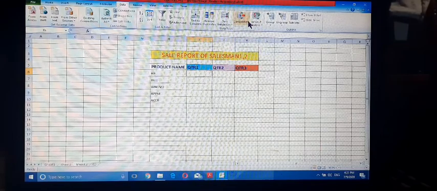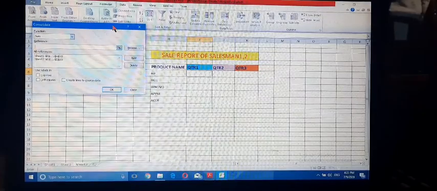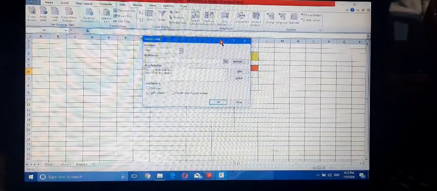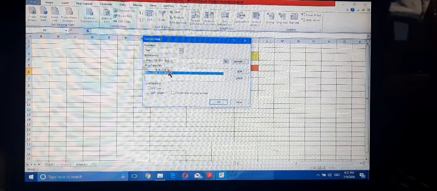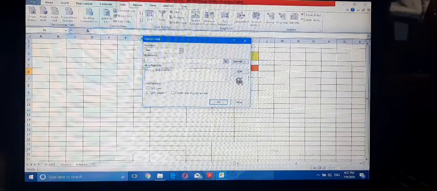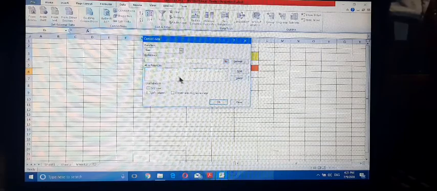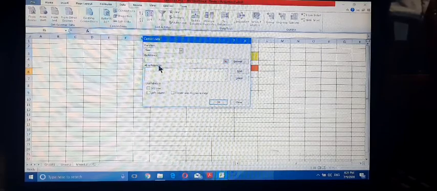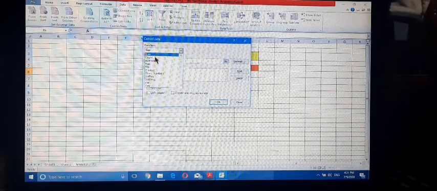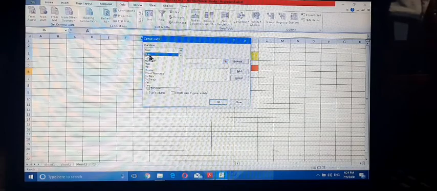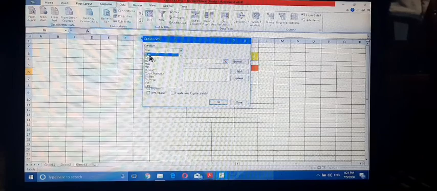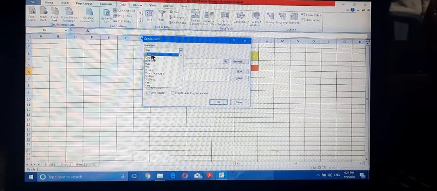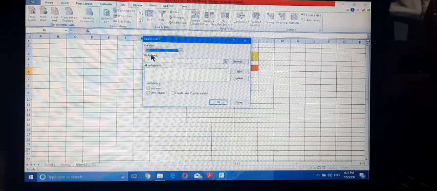Click on the Consolidate button. The Consolidate dialog box appears. Delete the previous data if there is any. Then select the function you want to use to consolidate the data, that is sum, average, max, min, product. Here I am using sum.